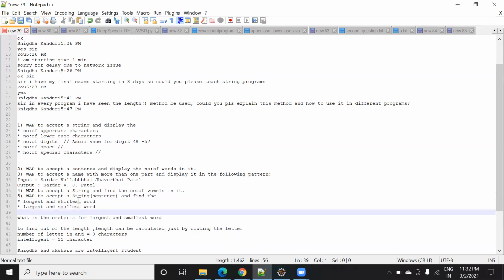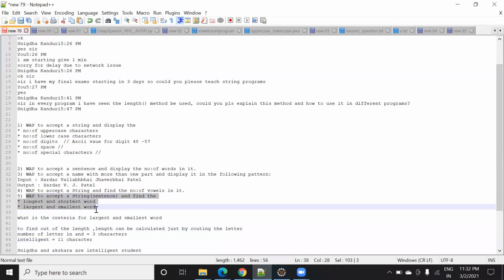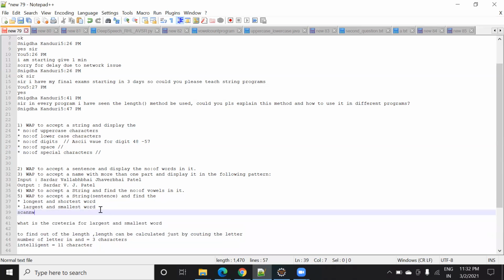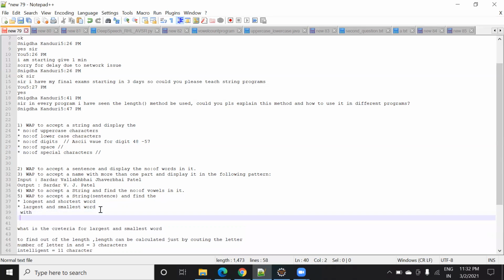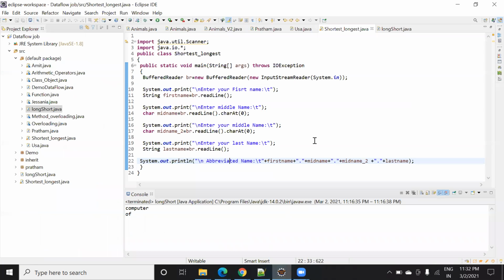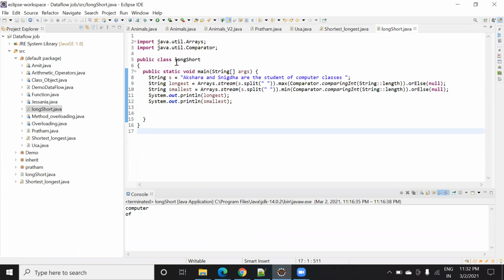I have made the program with a compile time string. You can try the same based on user input, and user input you can take, as I explained in the last class, with the help of the Scanner library. So just see this program. I have imported two libraries here, Arrays and Comparator.